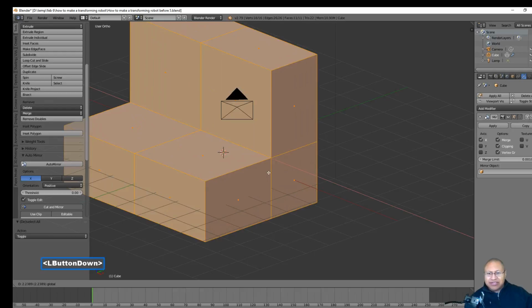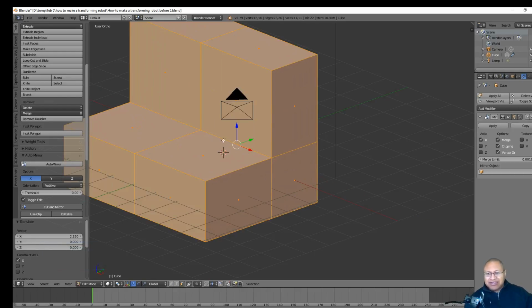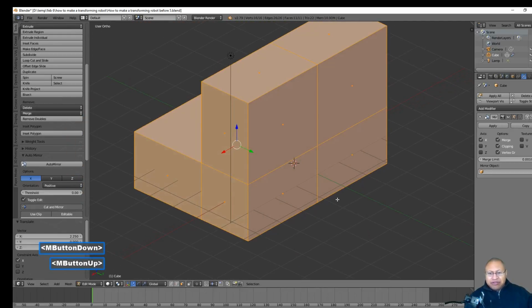Then we're going to pull to the side here. Now it looks like this is scaling to the side. What's basically happening is we're pulling our actual geometry away from our virtual geometry. However, this clipping option is making it so that when we pull to the side, it looks like we're kind of scaling. So, okay, with that done, what we want to do is hold the middle mouse button